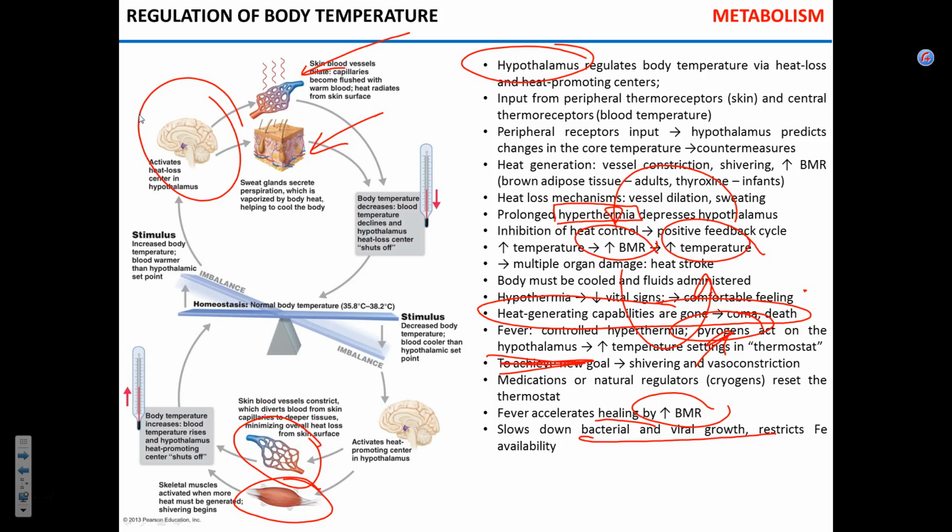Now, when you do this, those signals abruptly change. You quickly reset the thermostat from 39 back to 37. Now, your body is at 39, thermostat is at 37. How can you decrease your body temperature? Sweat. This is why you sweat when you get these antipyretics. That makes sense? Okay, so